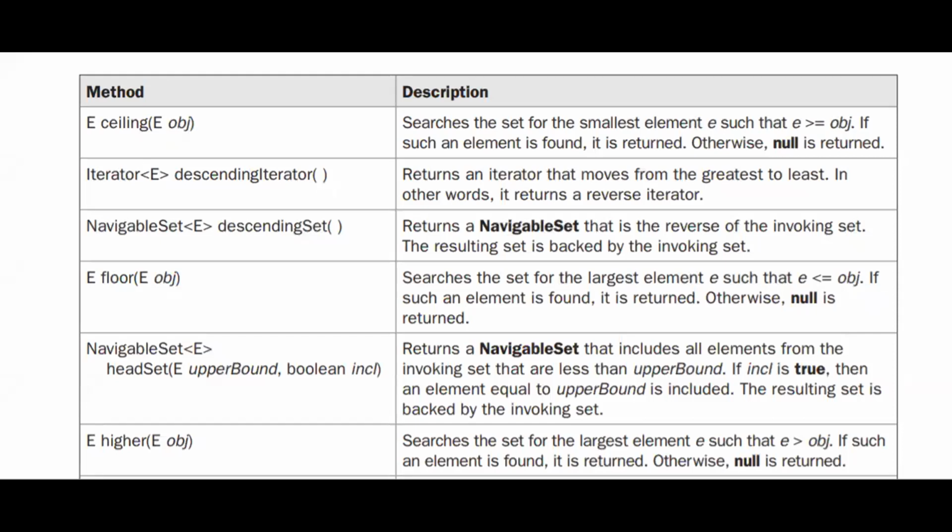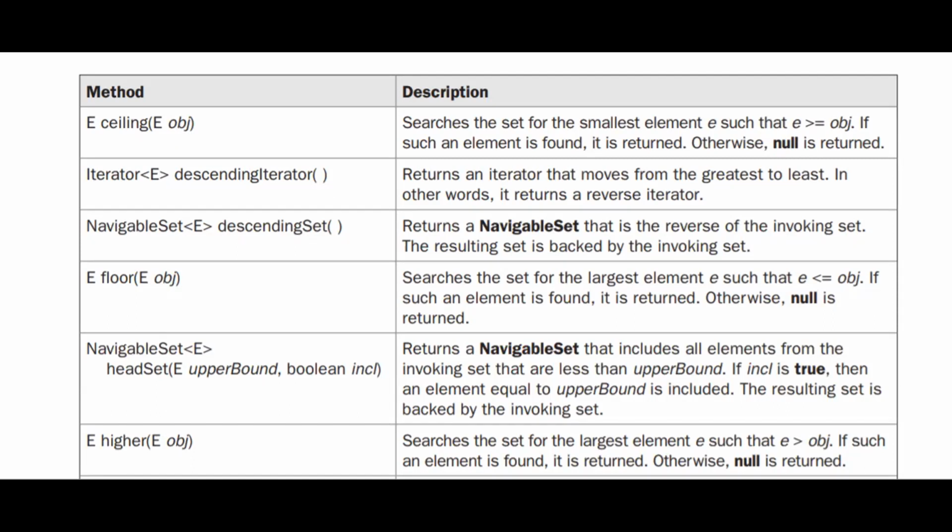So the next category of interface is the NavigableSet. NavigableSet was added in Java Standard Edition 6. It extends the sorted set and declares the behavior of the collection that supports how the elements are retrieved based on the closest match.